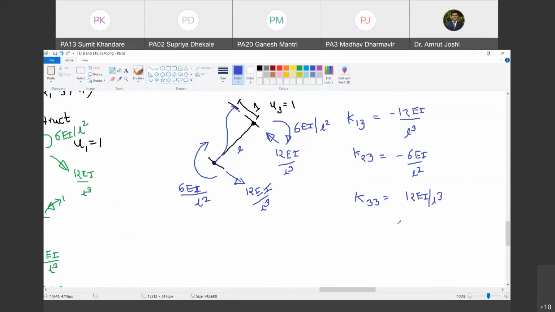This way of writing the stiffness matrix is called as direct stiffness matrix. ये हमने फॉर्मूला ऑलरेडी डिराइव किया है, उसके बेसिस पे हम डायरेक्टली लिख रहे हैं. Are you with me? We are not solving any integration here. Happy? Yes. Now what is K43? Action that gets produced at 4 due to unit deformation at 3. What is 4?